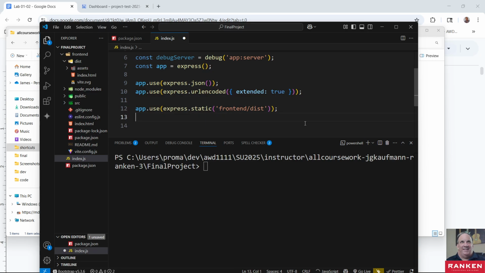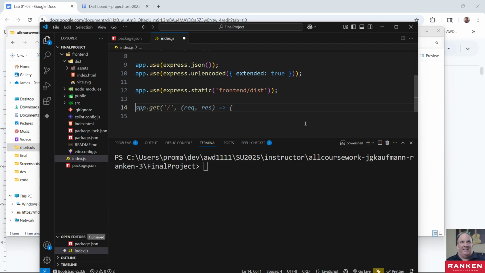What else here? So the next thing we want to do is create a GET request, just like it's trying to do right here. And let's do /API. Okay, and then here,